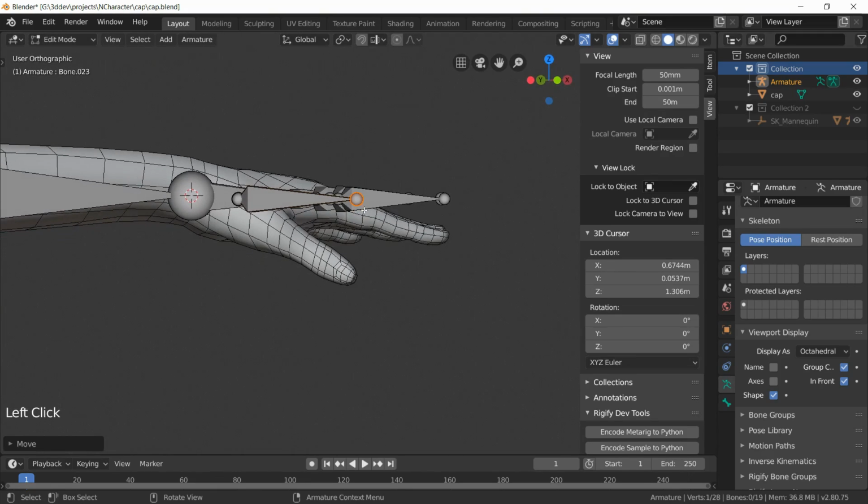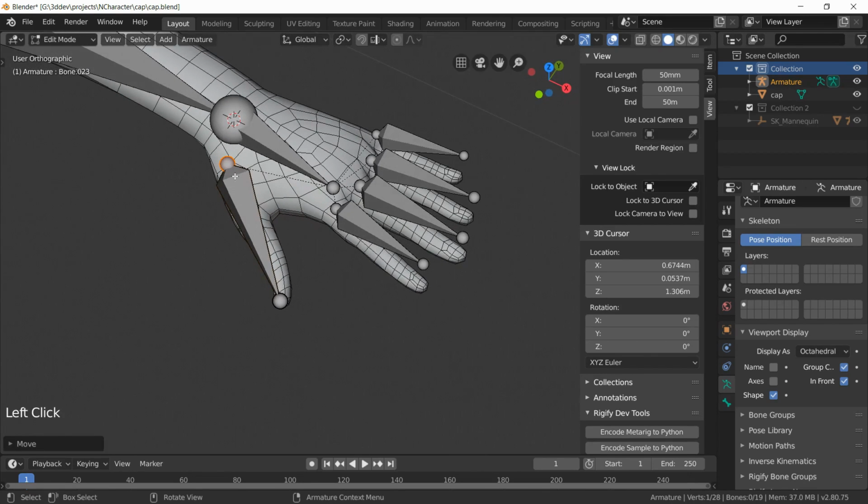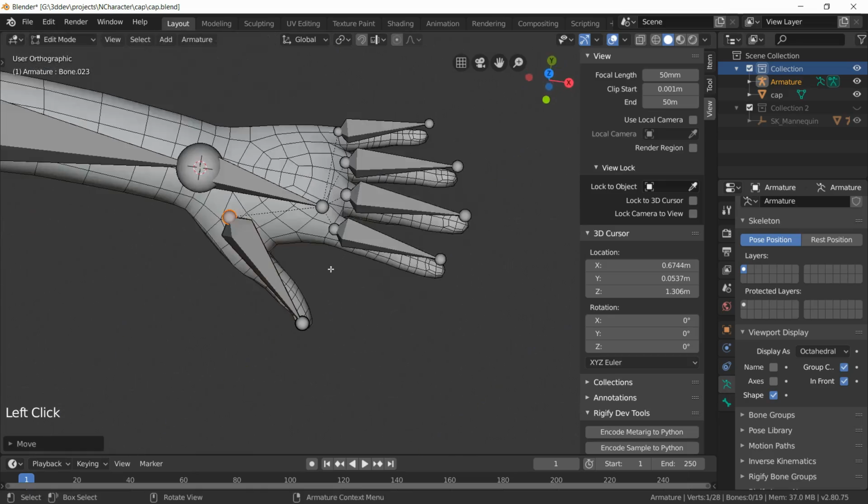And then from the side, I can put this over there, and then position the thumb a bit more to where it should be. Okay,